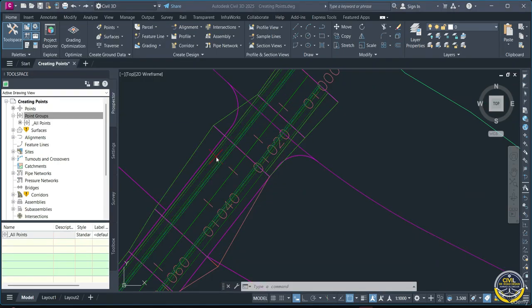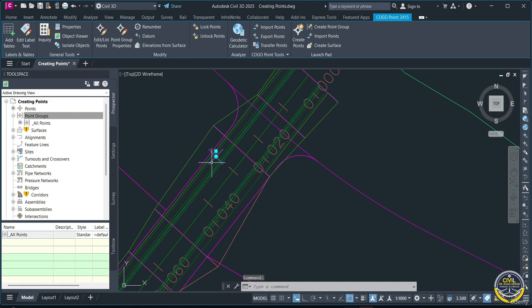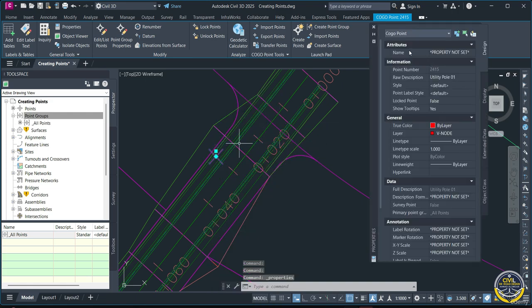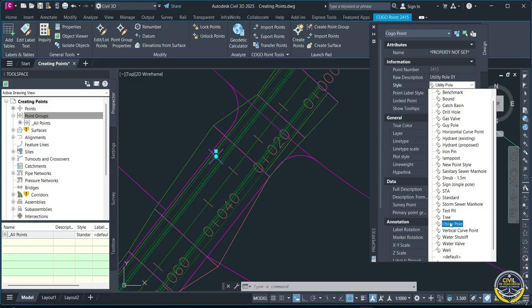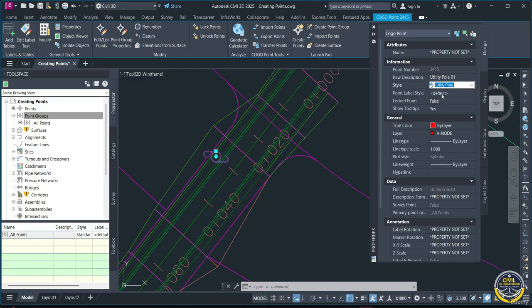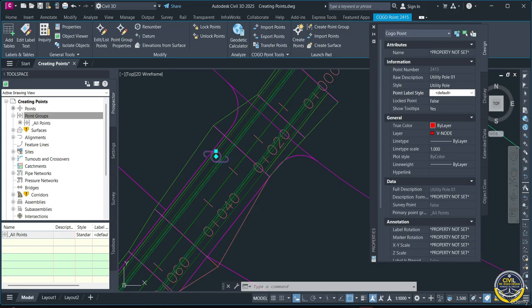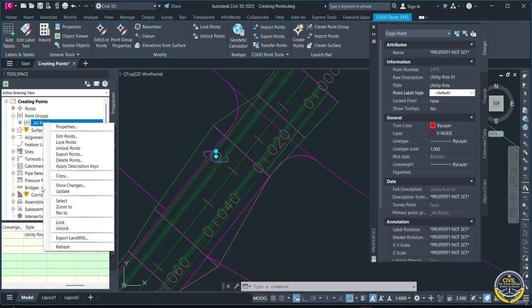Now you can change the point style. Select the point, Properties, and from Information, change the style to utility pole and the point label style to Point Elevation Description. If you encounter this problem and the label formatting doesn't appear next to the point as it appears now, go to All Points, then